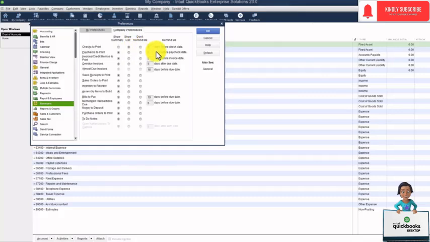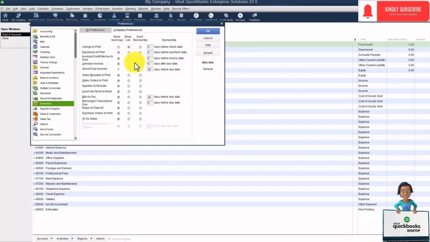Some of these you can tell QuickBooks to remind you so many days ahead of time that this task is coming up, and you can see those and make changes to that if you'd like. The way this option will work is when you first open the company file, there will be a white window that pops up that will give you all of this information, and you'll be able to go in and expand some of these that you've said show summary on, or if you want to maybe collapse and see just a summary of some of the ones you've said I want to see the list on,